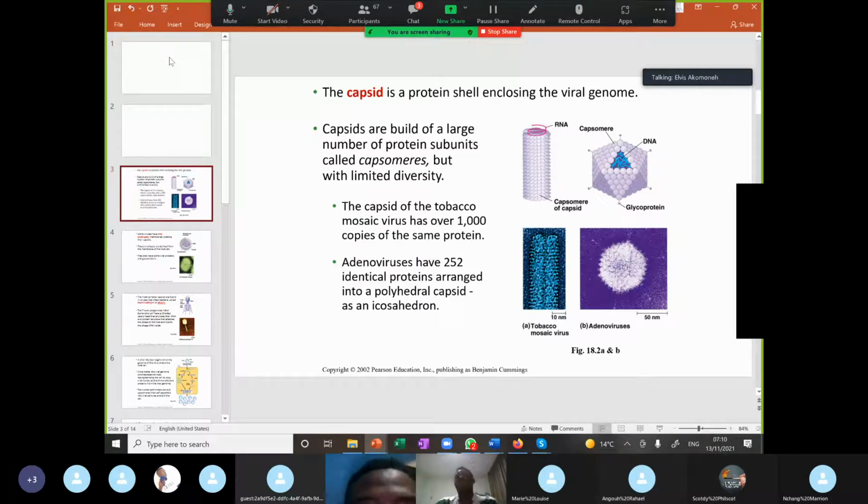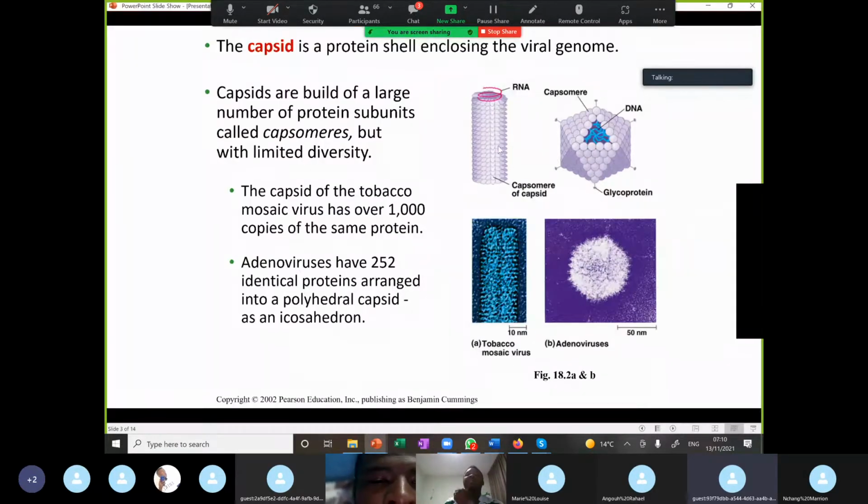The first thing I want to appreciate is the viral particle. A viral particle is a simple nucleic acid material enclosed into a protein coat. You have a nucleic acid material enclosed into a protein coat. That is typically what a viral particle is like. It is the smallest infectious